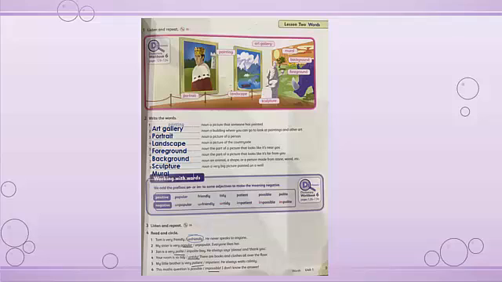It's similar to the idea of 3D. You know, 3D pictures or 3D videos at the cinema. Number 6, background, the part of a picture that looks like it's far from you, like the computer's background. Number 7, sculpture, an animal, a shape, or a person made from stone, wood, etc. Number 8, mural, a very big picture painted on a wall. Okay,